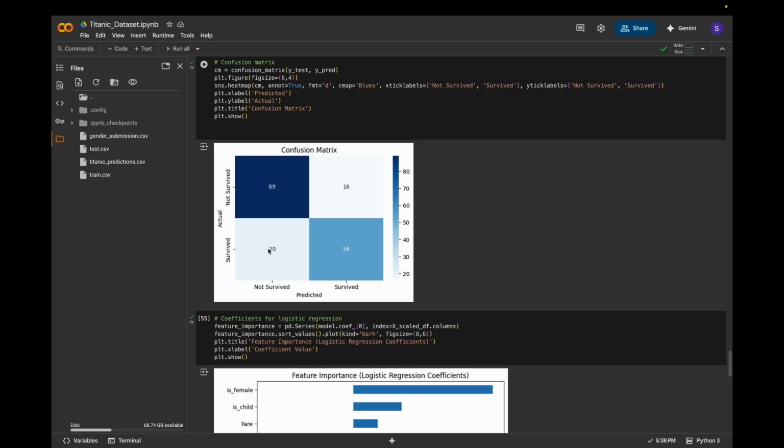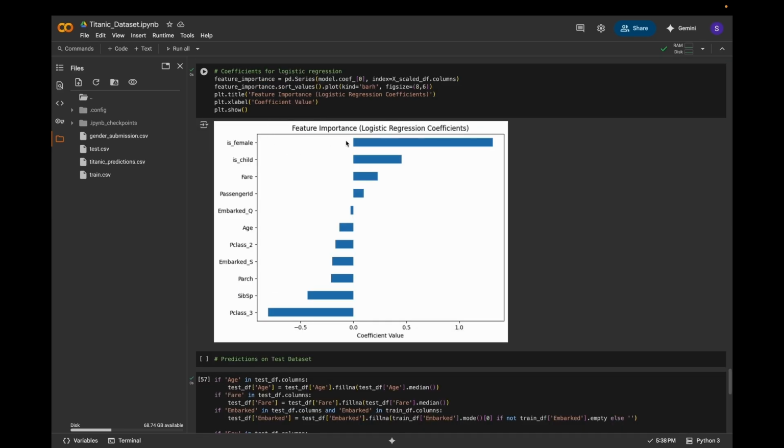Over here in the bottom left are the false negatives, where the model incorrectly predicted that these 20 passengers did not survive when they actually did. And then over here in the true positives, the model correctly predicted that these 54 passengers did survive. So yeah. Then we move on to the